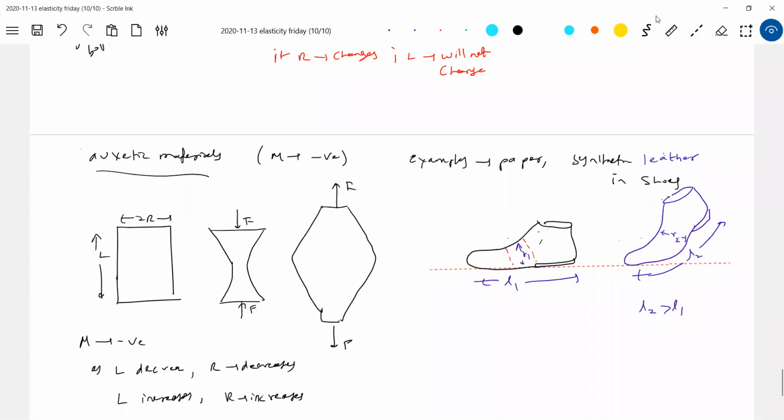So what should this be? L as L1, L2 greater than L1, so R2 greater than R1. So what should be the material? The mu of the material should be negative. Then only this is possible. Ordinary rubber, if you use, what is the problem? L2 increases, as the length increases, what happens? R will decrease. A lot of pain will come.